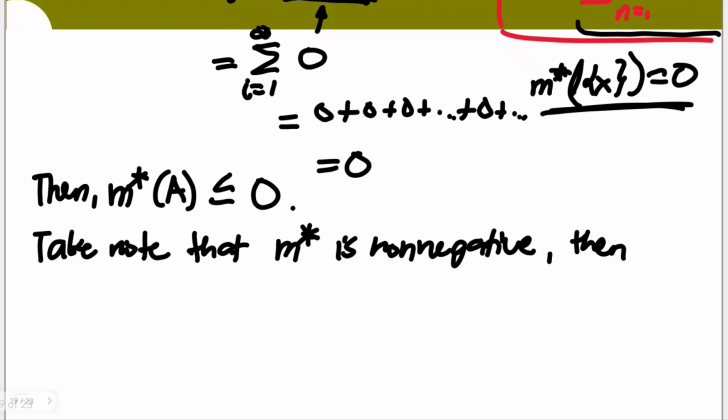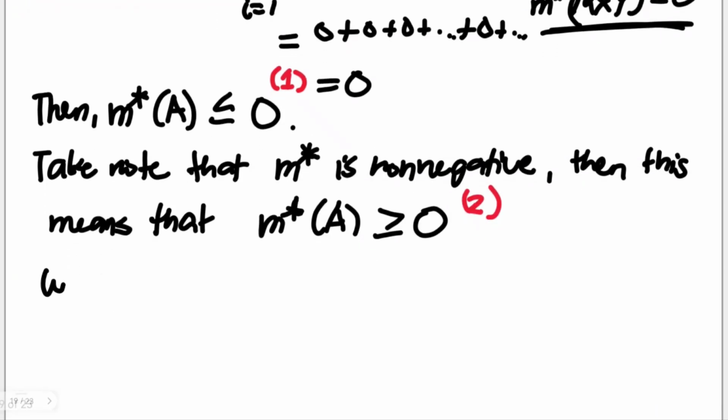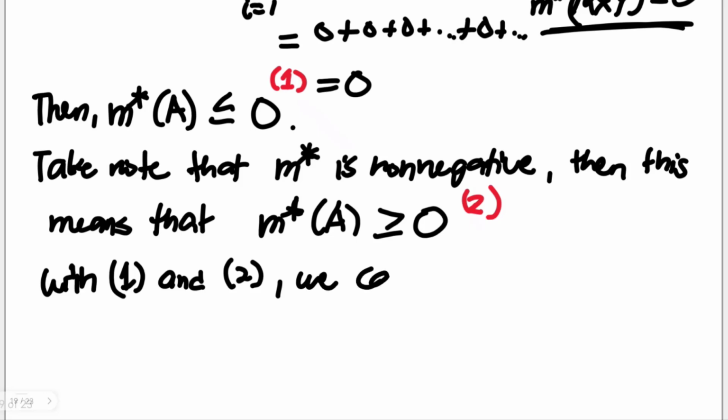Then this means that the Lebesgue outer measure of any set A, whether countable or not, should be greater than or equal to 0. Now, looking into these two perspectives, let this be 1 and let this be 2. We can combine them now, with 1 and 2. We can conclude